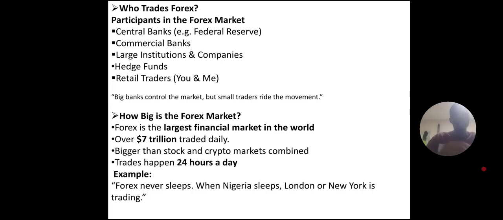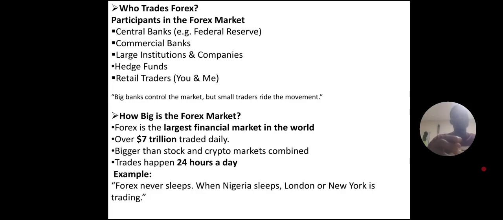Now we have the commercial banks. These are your normal banks. These are the banks that are under the central banks, like your UBA. I'm talking from Nigeria now, like your UBA, the Zenith Bank, JP Morgan, and the rest from the US. So these are commercial banks. They trade for profit. They have traders, some higher traders who are trading for the bank. So these are commercial banks, and they move the market also.